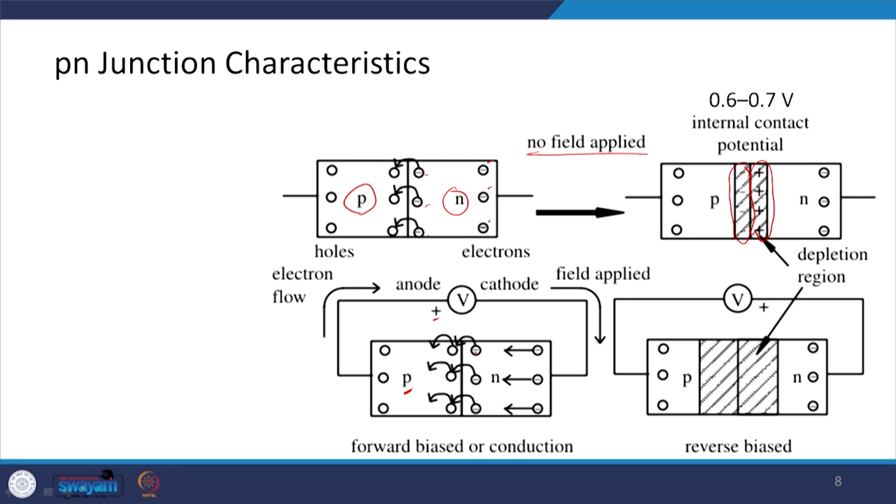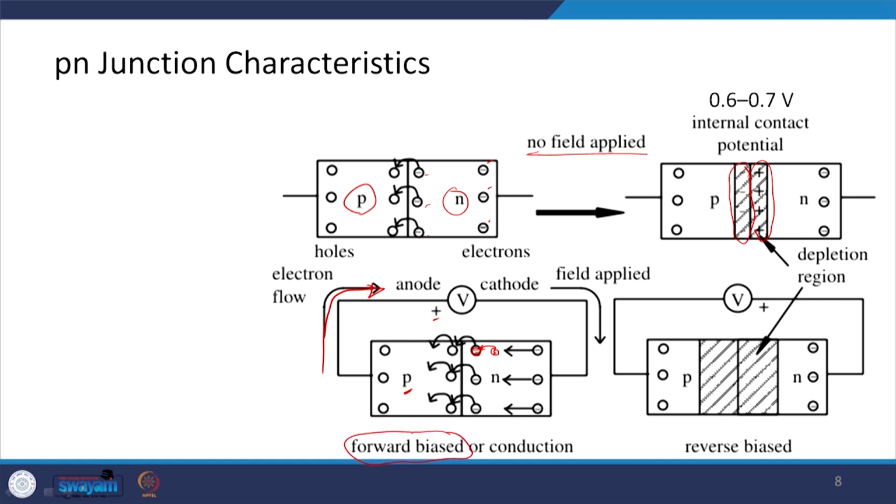Here we can see that a negative charge, that is an electron, is moving to this side. So again here a hole will be created. This hole space will again be taken by an electron from here and so on. So effectively our electrons will be flowing in this direction, and of course your current direction will be the opposite one. This case, where there is a flow of current across this p-n junction, is what we call forward biased.